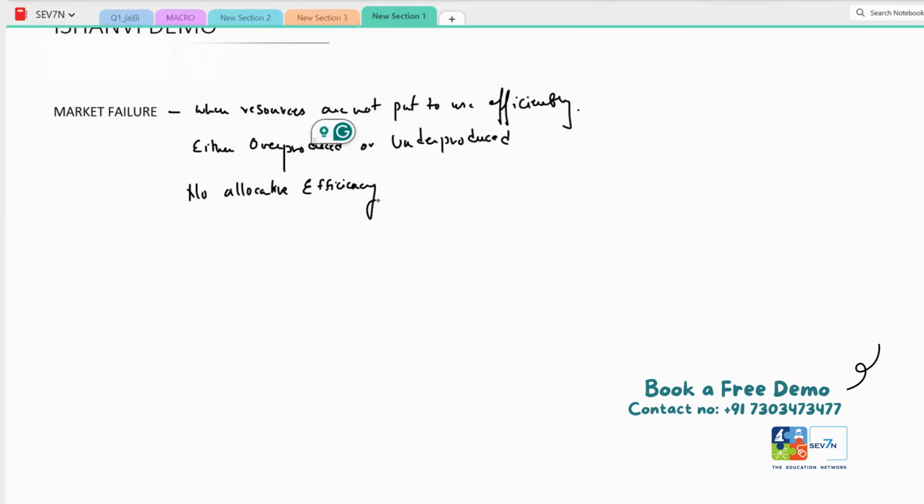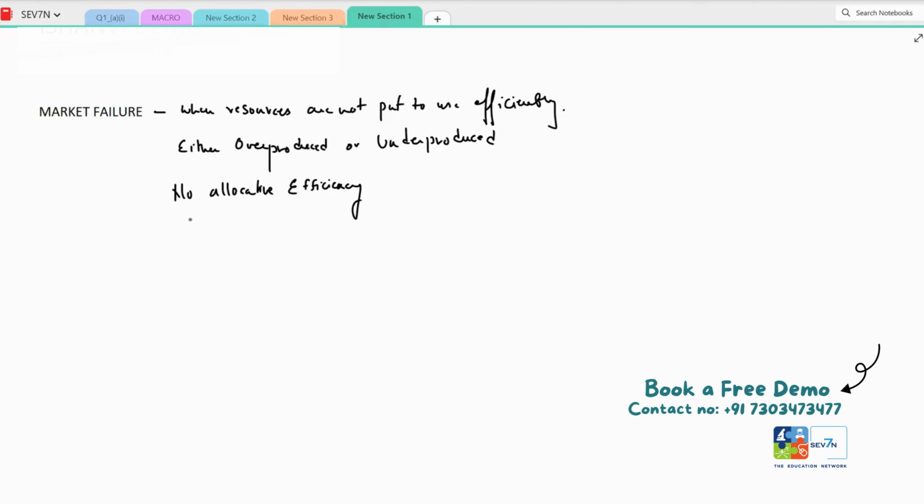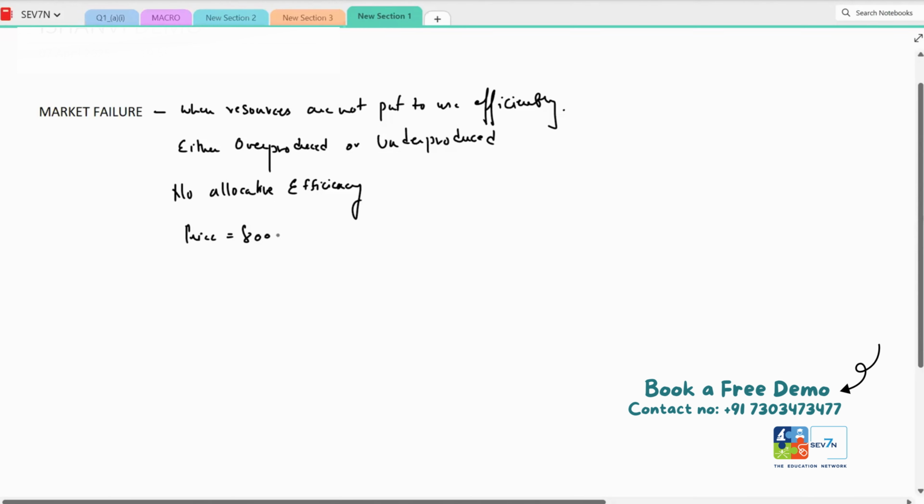Okay. So I'm noticing in both the definitions, you're giving a very bookish definition. So let's talk about allocative efficiency in very simple language. Let's say, which phone do you have? You have an iPhone. Okay. So how much did you pay for your iPhone? I don't know, probably like 80,000 something. Okay. So let's say you've paid a price for your iPhone of 80,000 rupees.